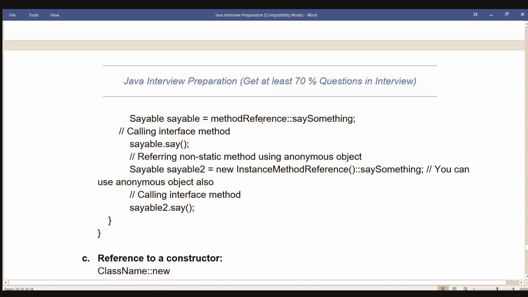Sayable sayable = methodReference::saySomething; // calling interface method. sayable.say(); // referring non-static method using anonymous object. Sayable sayable2 = new InstanceMethodReference()::saySomething; // you can use anonymous object also. // calling interface method. sayable2.say();